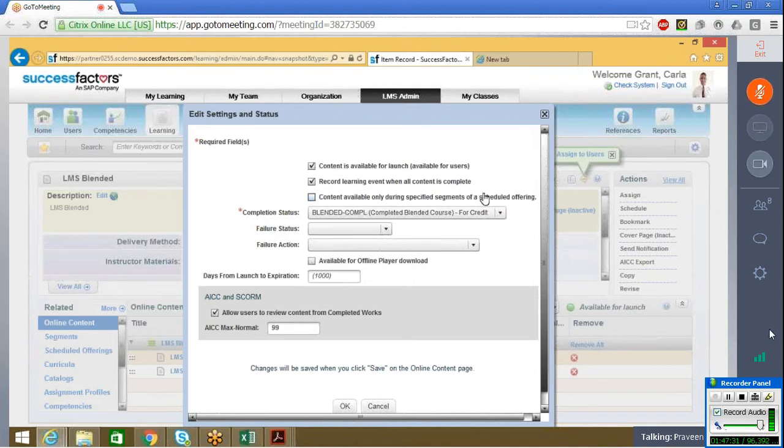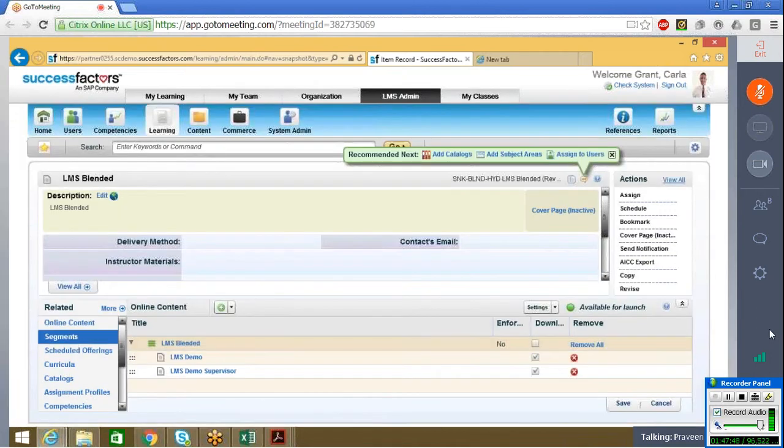There are 2 days and 2 segments, so I can choose that on day 1 the employee will be available to launch it, and on day 2 he will not be able to launch it. If I select this checkbox and save it, and go back to my segment,